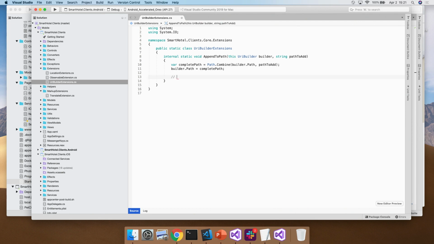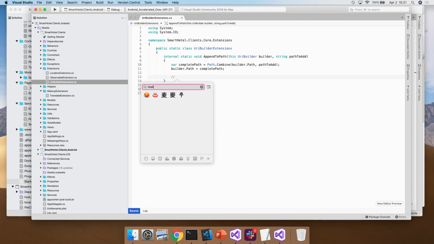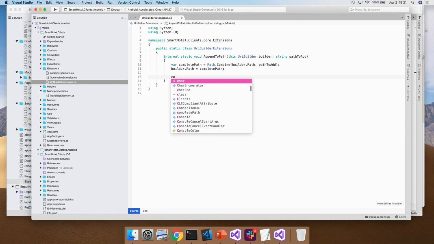Another one of my favorite features here is that we now have integrated support for all of the macOS input methods. So I can do Control Command period to open up the macOS emoji, and then I can search for an emoji, and I can enter that. So full support for emojis. I know a lot of people will be excited by this. I certainly am. We also now have support for right to left text